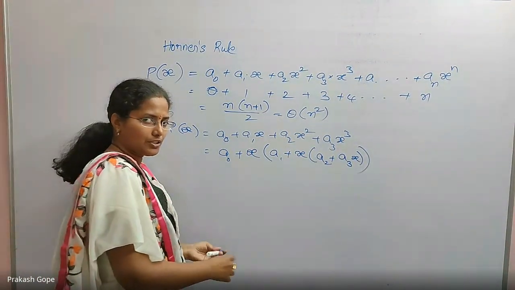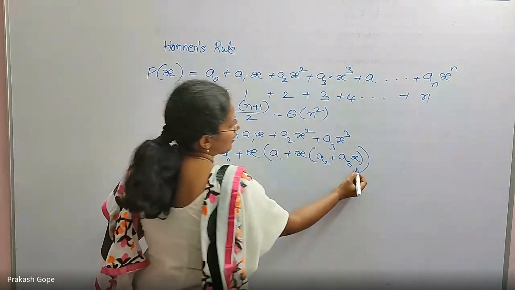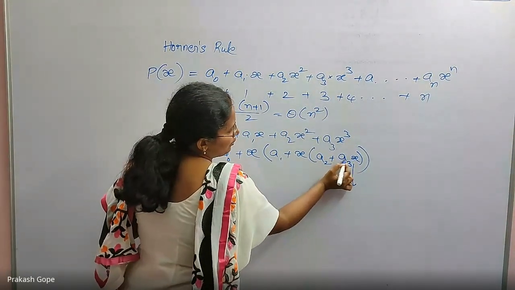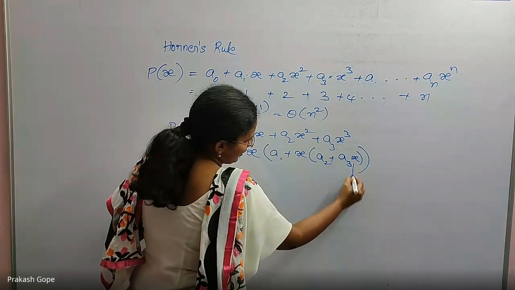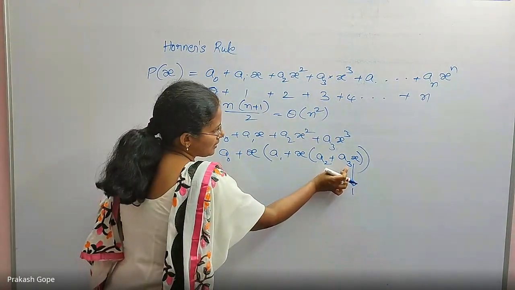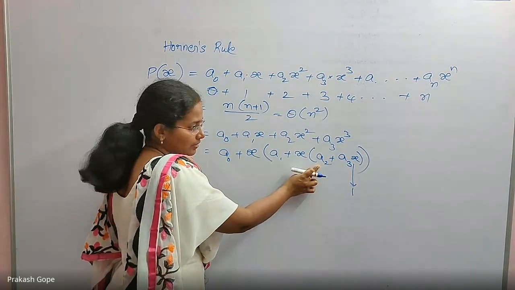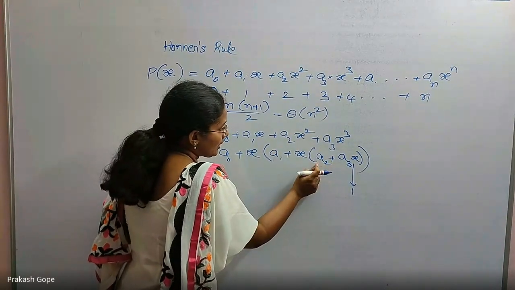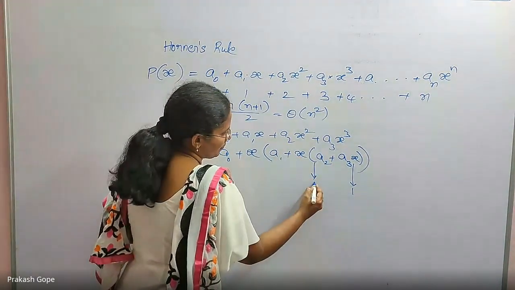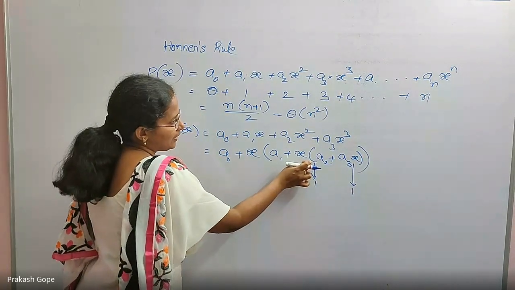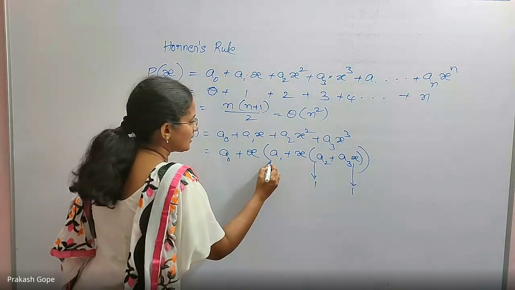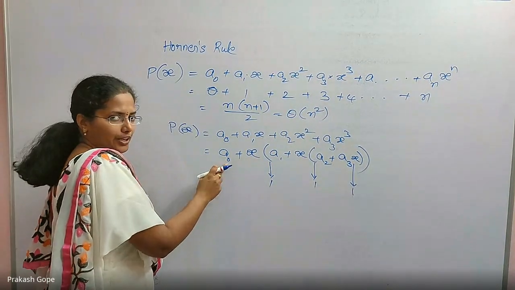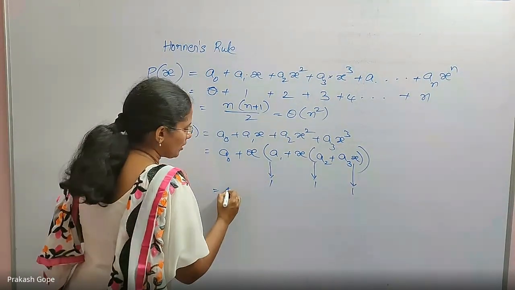How many number of multiplications are there and where do I start actually? Obviously I will start from here. I have only one variable into which I will do this multiplication result. Here is one multiplication. That result I will add with a2, that is an addition. I am calculating multiplications only. This is an addition, and that result I will multiply with x. That is the second multiplication. That result is added to a1, and that result is multiplied with x again. This is one more multiplication, and that is added to a naught. So total number of multiplications are only 3.